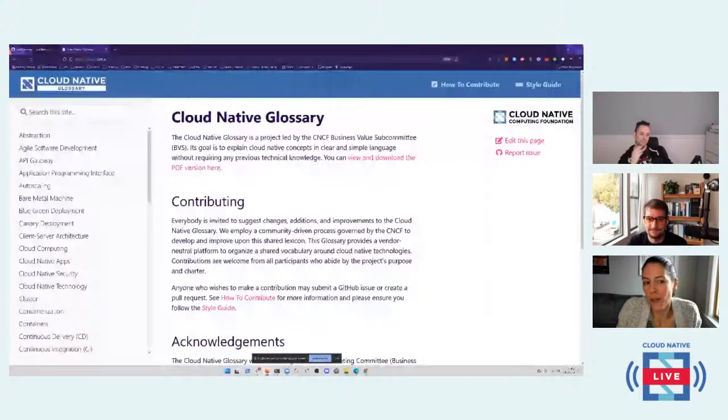Sure. First of all, we all know that technology is changing really, really fast, right? So having a few people in charge of updating it would be a huge burden. And by inviting the community to help, that becomes a lot easier. So that's one reason. But more importantly, we really believe that the end result will be a lot better if people collaborate, right? So Jason and I wrote a lot of definitions here, but are these the best definitions?